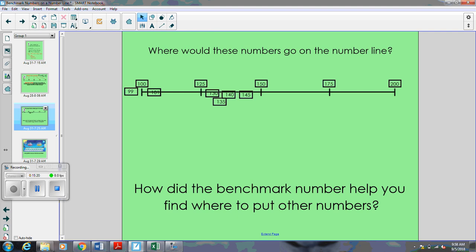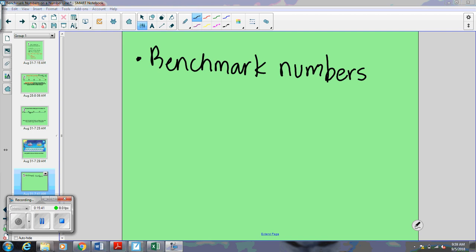My benchmarks, my big numbers up top, helped me figure out where my other numbers are going to go. That's what a benchmark number does. It helps you figure out where other numbers are going to go. Let's add that to our glossary. So go ahead and flip to your glossary. We're adding this to our glossary page. Benchmark numbers. Underneath benchmark numbers, I want you to put